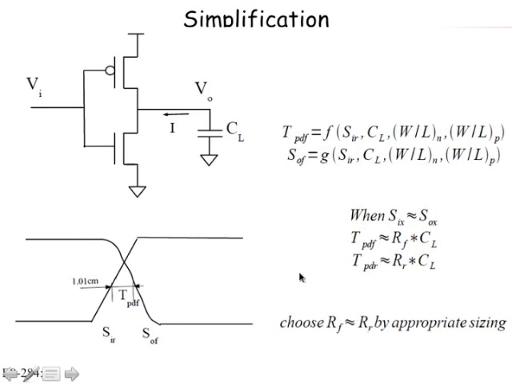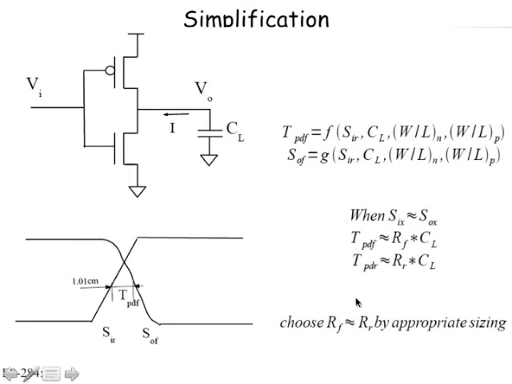And the resistances are related, or proportional, to the sizes we use. These proportionality constants you can easily obtain by simulations. You simulate some simple circuits and you will get the proportionality constant. So then you will have an idea that this many microns of width means this many kilo ohms. So if I want this much delay, then I need so many kilo ohms, so I'll use this size. You can do that kind of simple hand calculation to get the sizes of the transistors used.